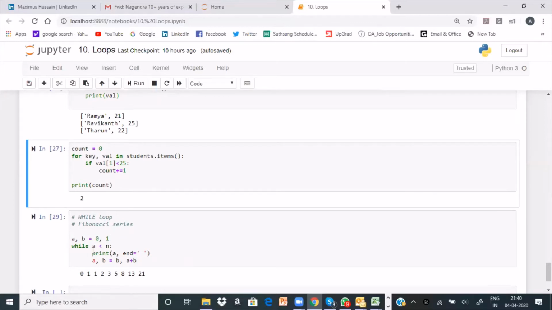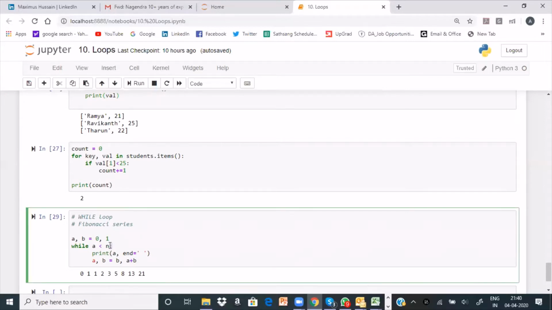Now, while A less than N colon, like the if condition, similarly you have to use colon. So here is an expression, while an expression colon, that is the syntax.